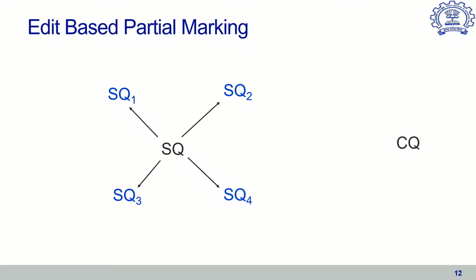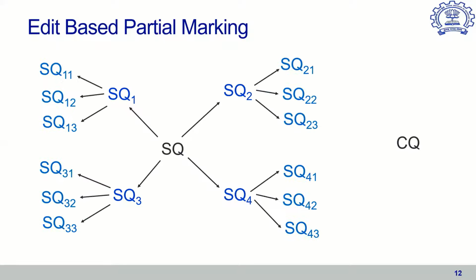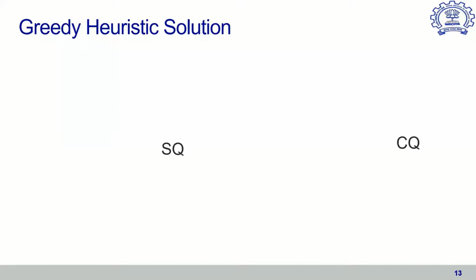If any of these are not equivalent, we generate further edits till we find the queries that are equivalent or till the remaining marks to be awarded reduces to 0. Note that although the search space is large, we will not generate all edits upfront, but generate these edits as required. At each step, the number of edits to the student query may be very large. Hence, we develop a heuristic solution based on canonicalized edit distance to prune the search space further.